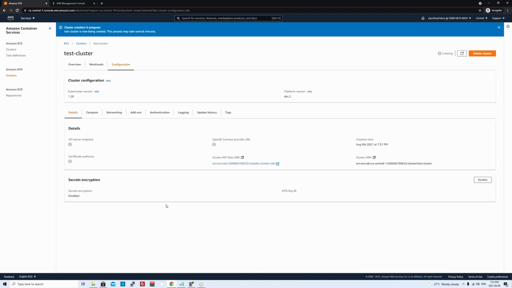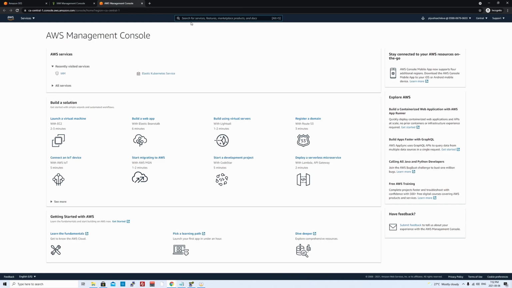So it's probably going to take some time. Now the status is in creating state. Okay, meanwhile it is creating the cluster, let's go ahead to our console and do some other task as well, which is I'll probably create an EC2 server from where we could access the server endpoint, access the cluster endpoints, and issue kubectl commands remotely.